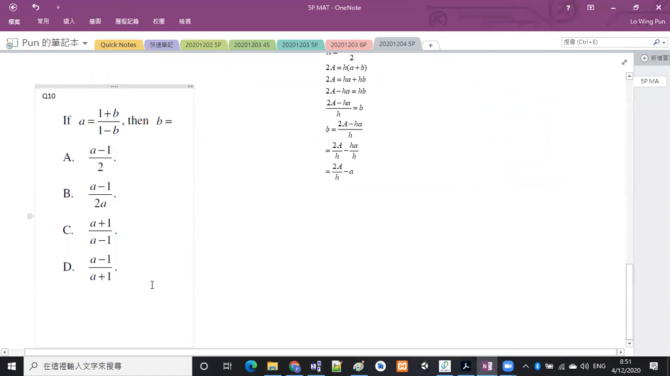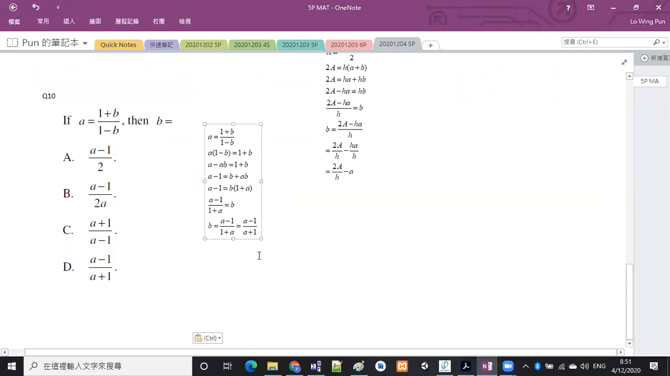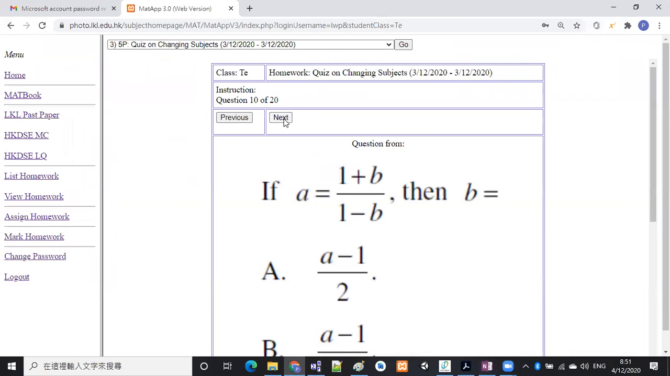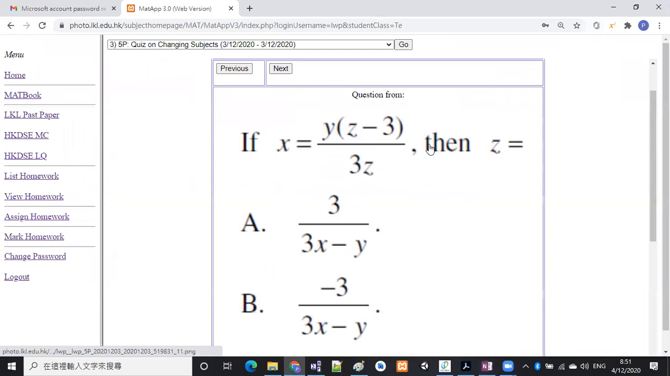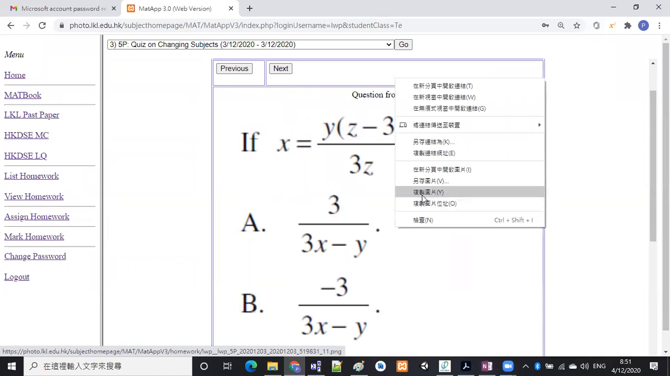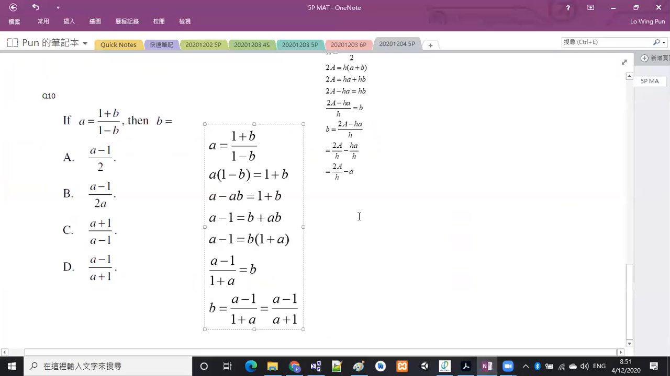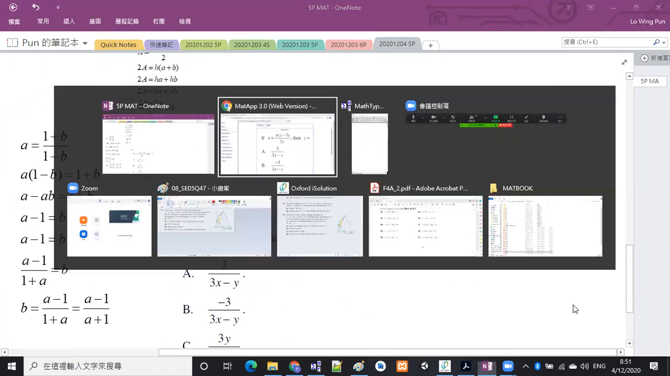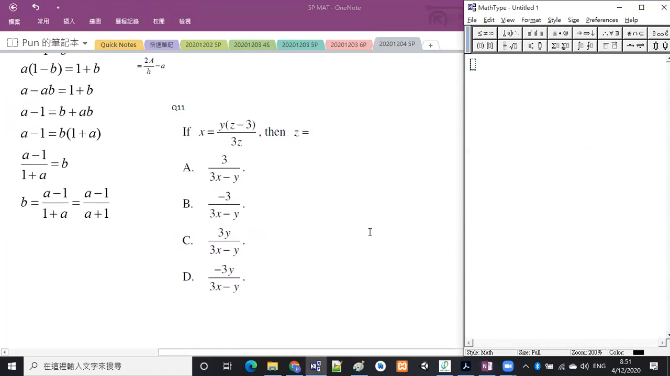得，呢題應該冇乜特別嘅啫，呢題。Okay, how about number 11? Anyone want me to talk about question number 11? Yes. Number 11. So,